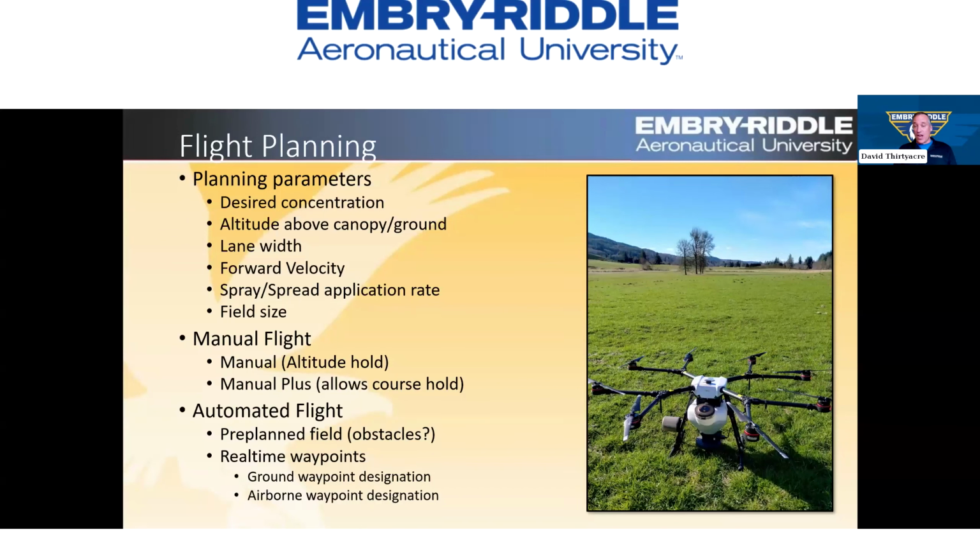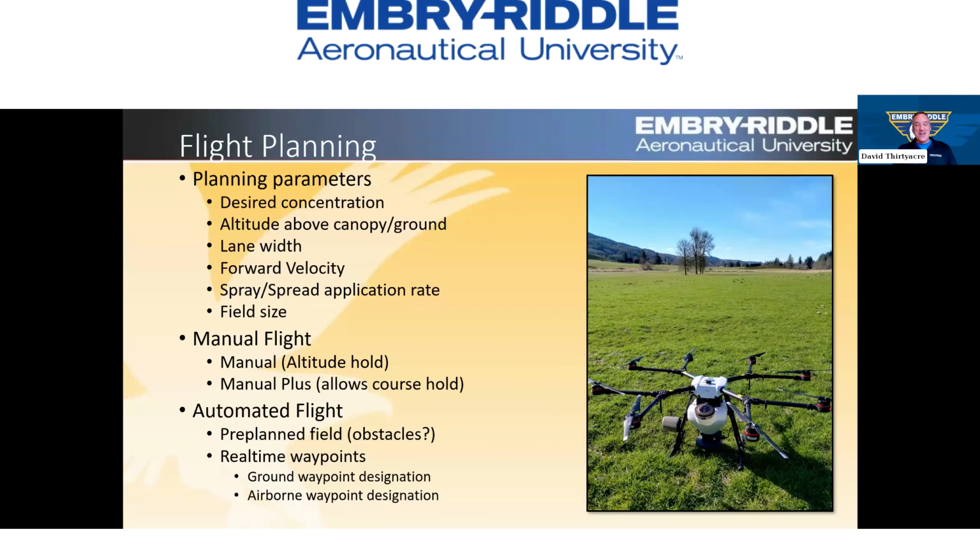Goes to say too with the lane width. So when you're creating this, how far apart are the lanes? What is the effective spraying distance of the drone? I probably want to go out and try different altitudes. And again, the manufacturer will have a lot of this written down, but it's nice to go out and practice it with water and see how far the spray is going to go in different types of situations. Forward velocity is going to change the amount that's going to go down in a certain area. So the faster you fly, the less that's going to be put down in that area, along with how fast you're feeding it.